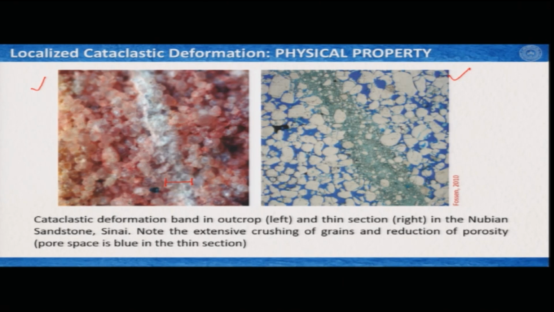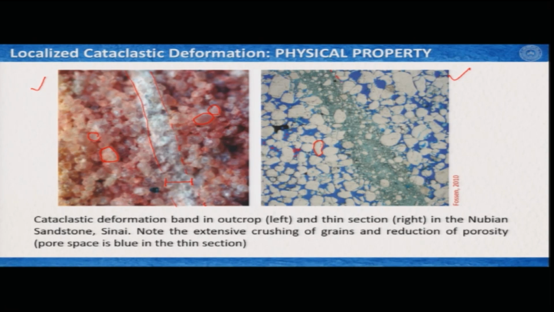You can clearly see very nicely, the photograph is taken by Professor Foyson. You see these little grains here, and then along this narrow zone something got really crushed, just sort of pulverized here. Okay. And the thin sections are also revealing the same feature. Here we can see the individual grains separately, the blue areas are your porosities, the open spaces, but along this zone you can clearly see